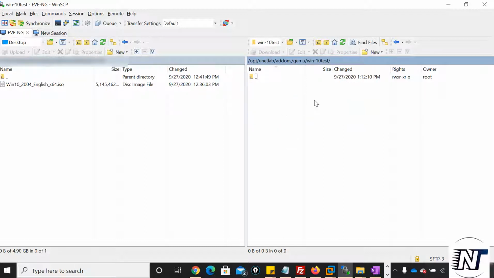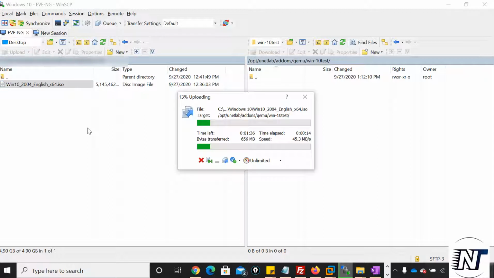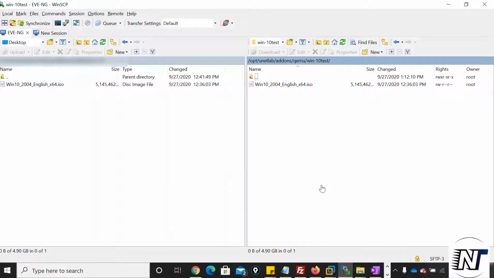We'll go inside the folder and just drag and drop it here. It will take some time to copy your file from your system directory to the EVNG system directory. Yes, the Windows 10 .iso file has been copied to the EVNG system directory.